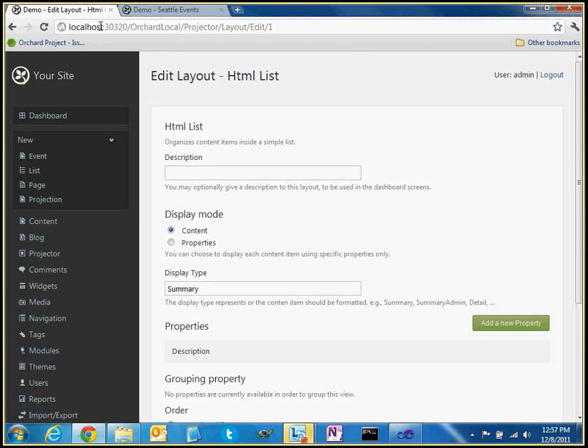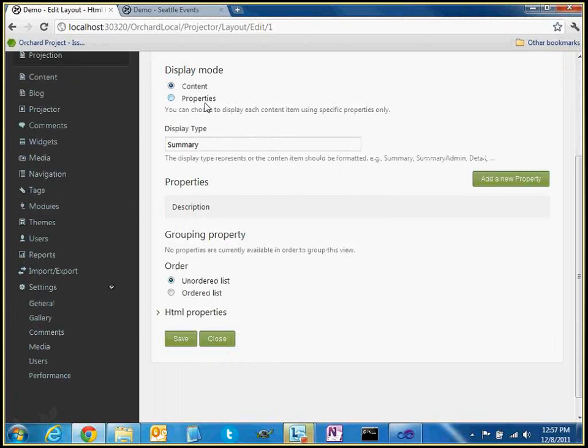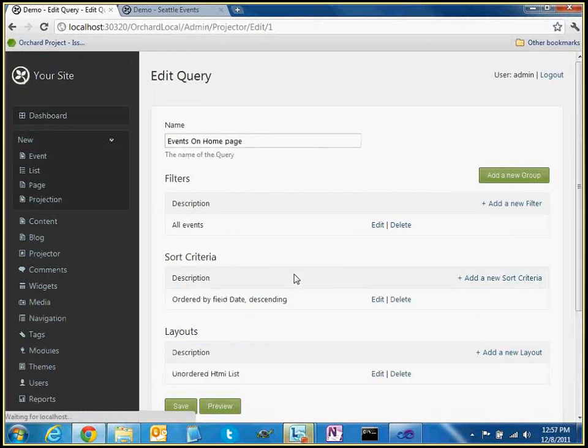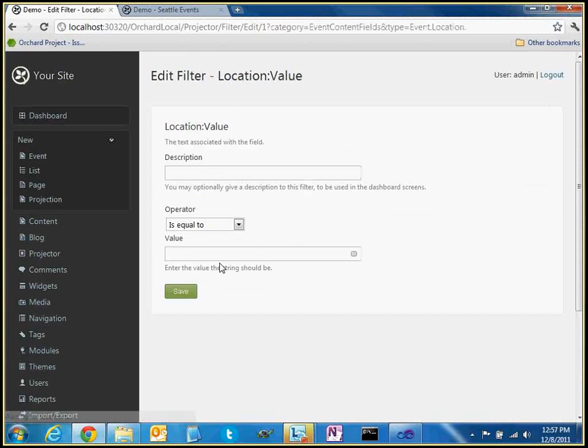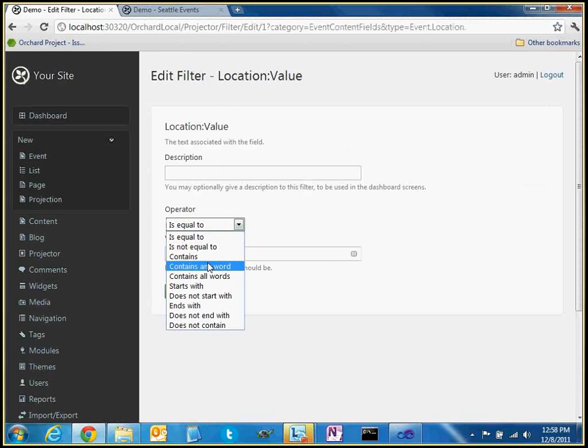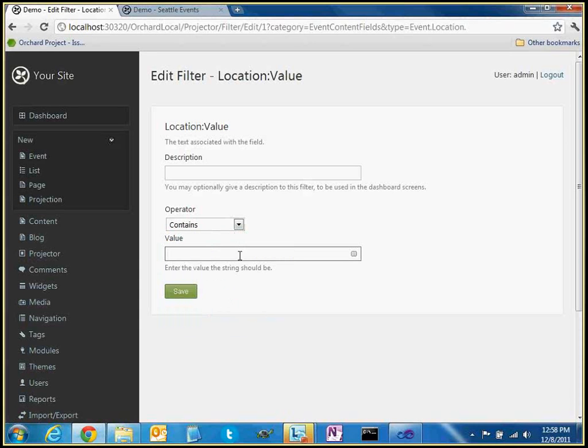So I go to the filter and I add a filter on the location. This filter I will use contains, something that is contained in my location. And here, instead of putting a value like contains Los Angeles, I will say contains